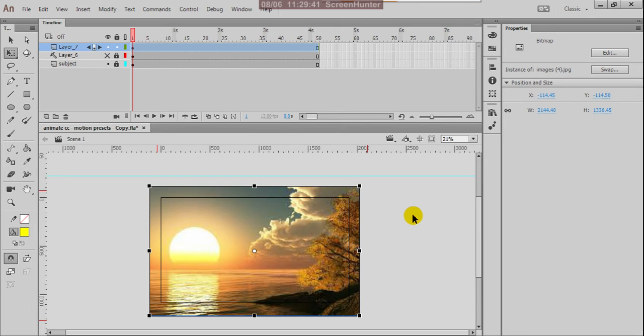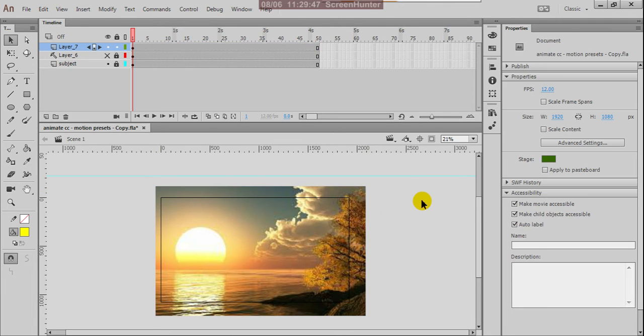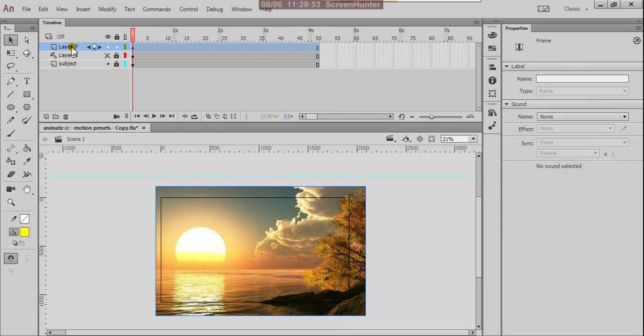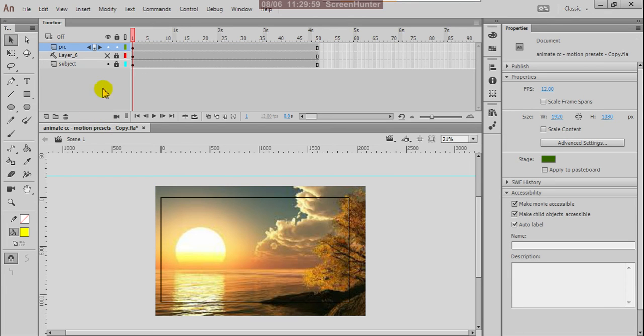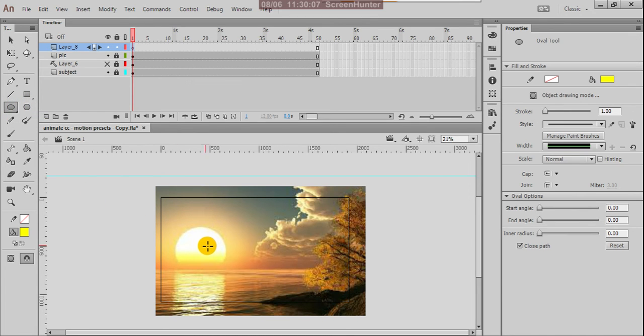Sorry. Okay, so this is my area. Sorry. So name it pic. So over on that we create one layer. Here create one shape.